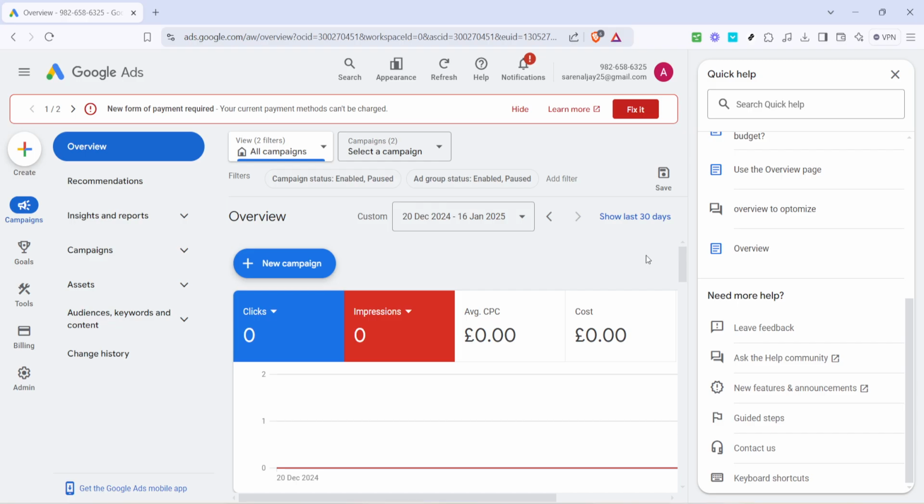And there you have it, simple steps to access Google Ads support. By following these steps, you should be well on your way to receiving the help you need in the most convenient way possible. Hopefully this guide has made the process clearer and less daunting.